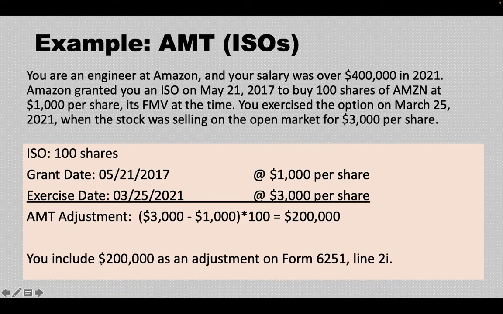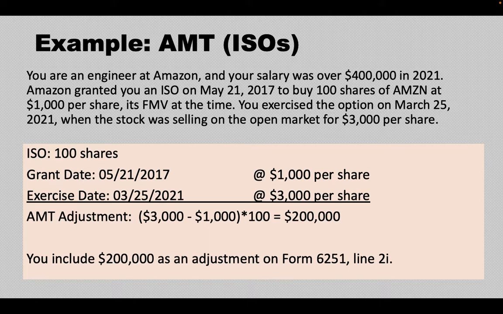This AMT adjustment goes on Form 6251, line 2i. That's basically how to understand the amount that goes on the AMT form. Before I show you how to compare your regular tax with your AMT tax,